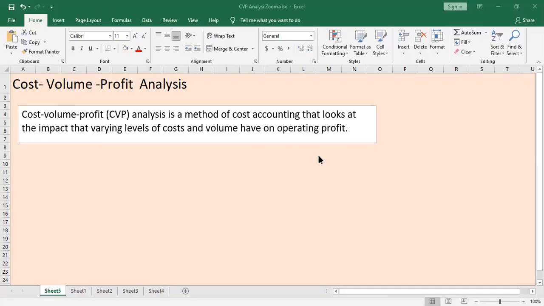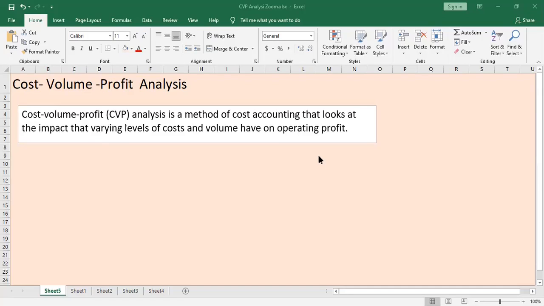In this analysis, this is more like a sensitivity type of analysis where we look at what will happen to the profit if we make slight adjustments to the volume. What will happen to the profit if we make very incremental changes in the cost, something like that. So in this particular analysis, we create a relationship between cost, volume, and profit. Then we change each and every variable and see what will happen to the other variables, right?